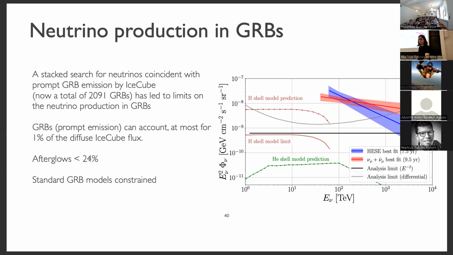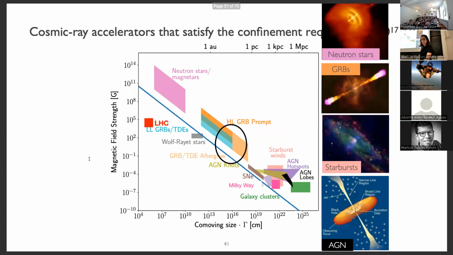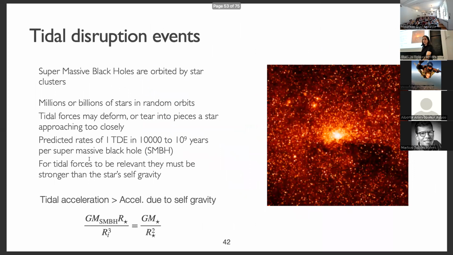Okay, so another very popular source, very strongly constrained. Related to these are tidal disruption events. So these are events in which, near the center of any galaxy, we have a huge amount of stars, and maybe you have seen around Sagittarius A star these beautiful orbits. And so it was predicted in the 70s that